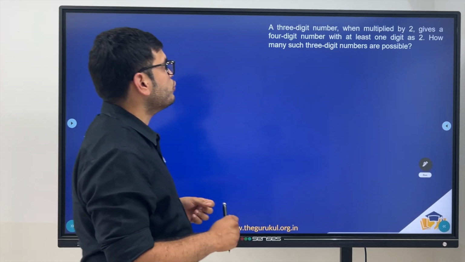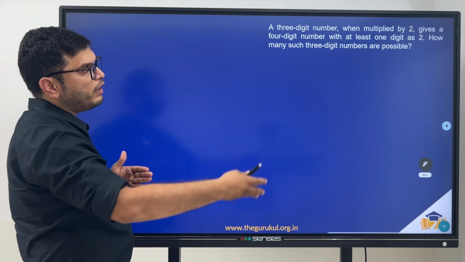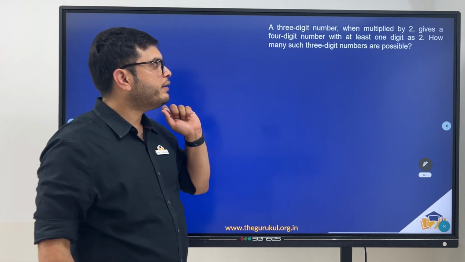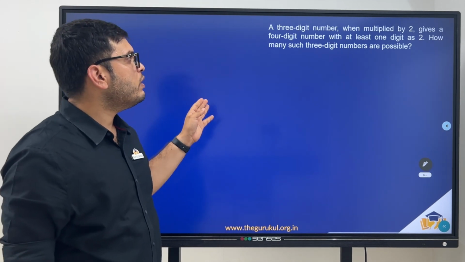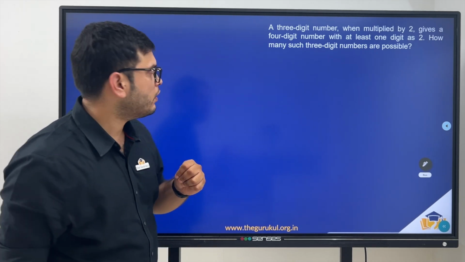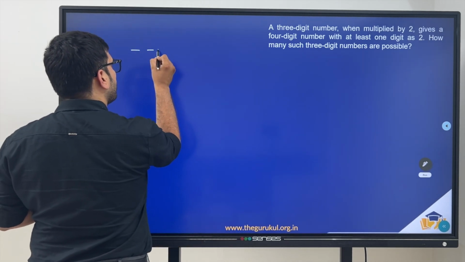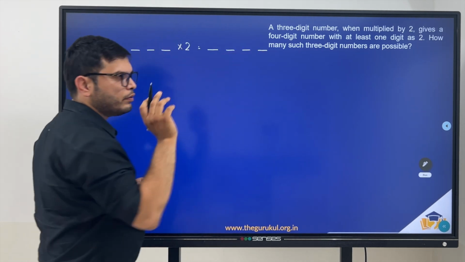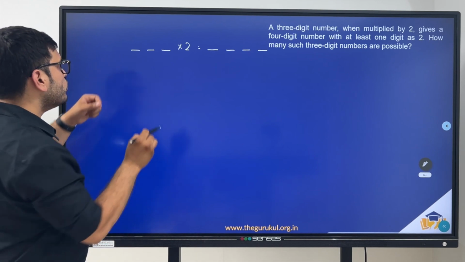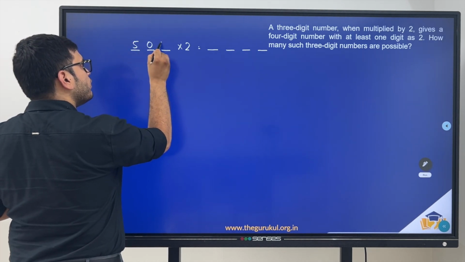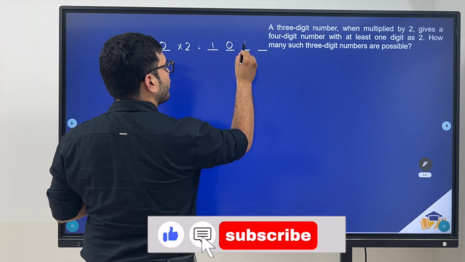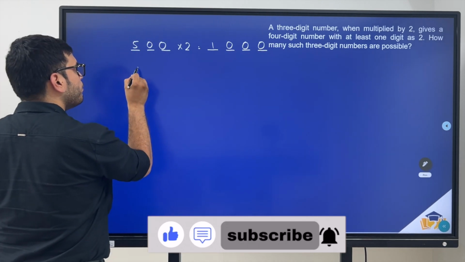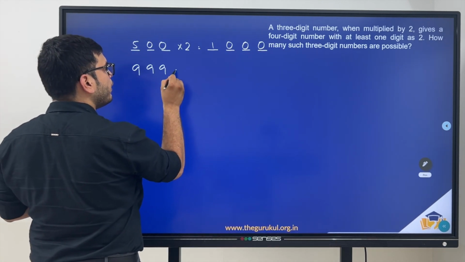Now coming to the last question. A 3-digit number when multiplied by 2 gives a 4-digit number with at least one digit as 2. How many such 3-digit numbers are possible? Right. So a 3-digit number when multiplied by 2 should give us a 4-digit number. Right. So the minimum number is 500. So 500 into 2 you have 1000. And the maximum number is 999 into 2,